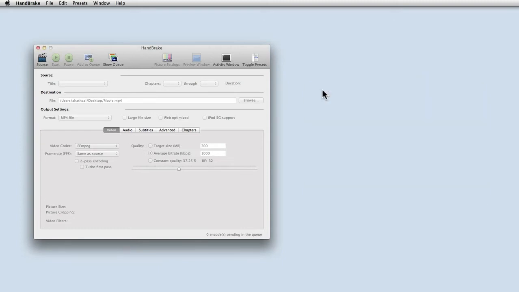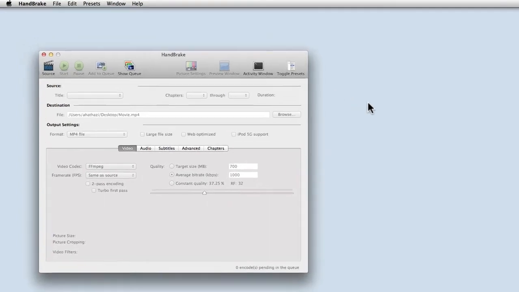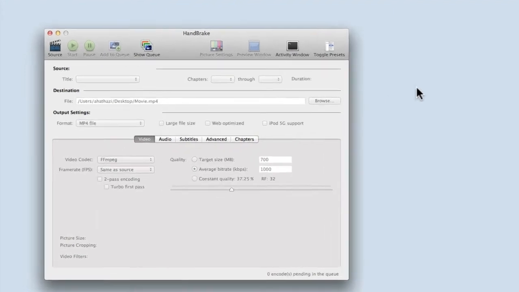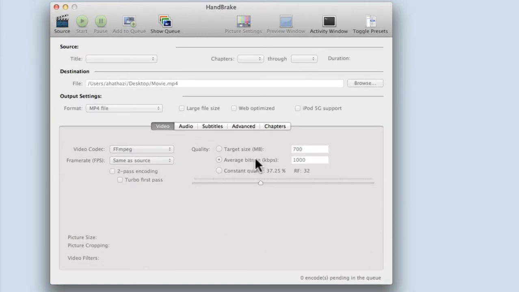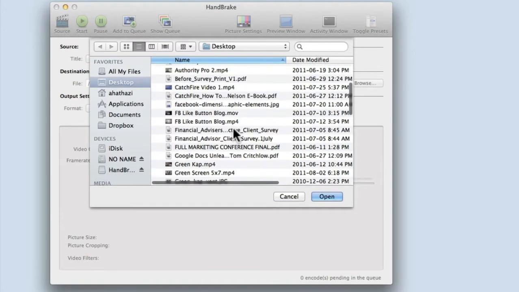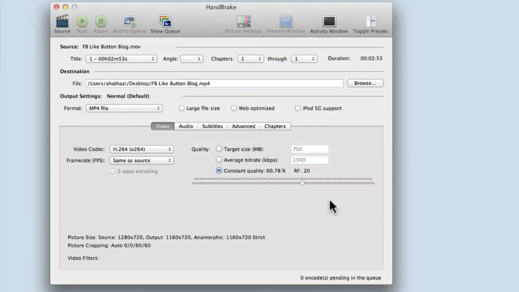Once that is done, let's close it and let's move on to the main program. Now there's a ton of settings here, and the ones I'm talking about are the only ones you'll have to change. So don't worry about changing anything that I don't mention. Now in order to ungray these options here, we have to select our source file. And I already know what video I'm going to show as an example here, and that's this one. So once you select your video on your desktop or wherever you put it, you'll see that your options become